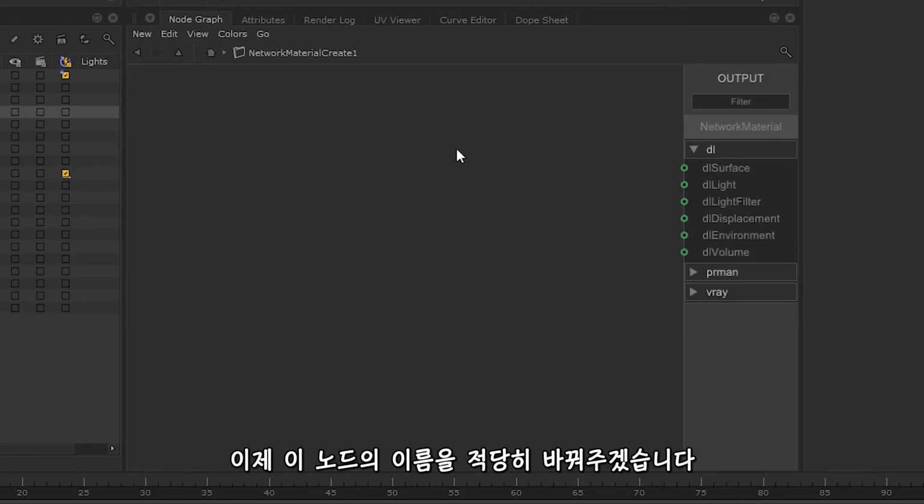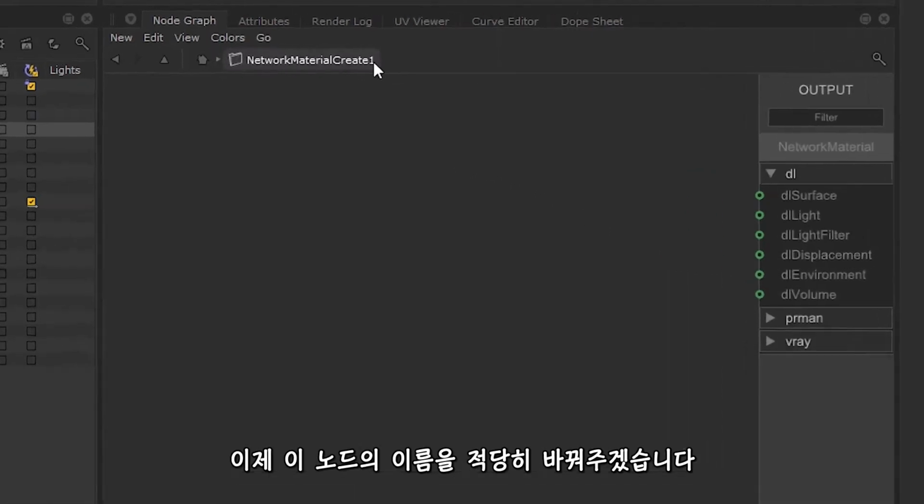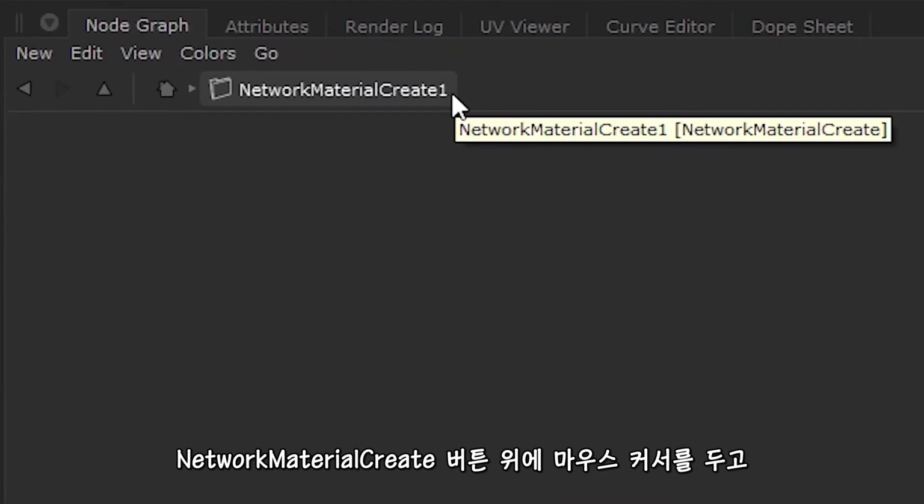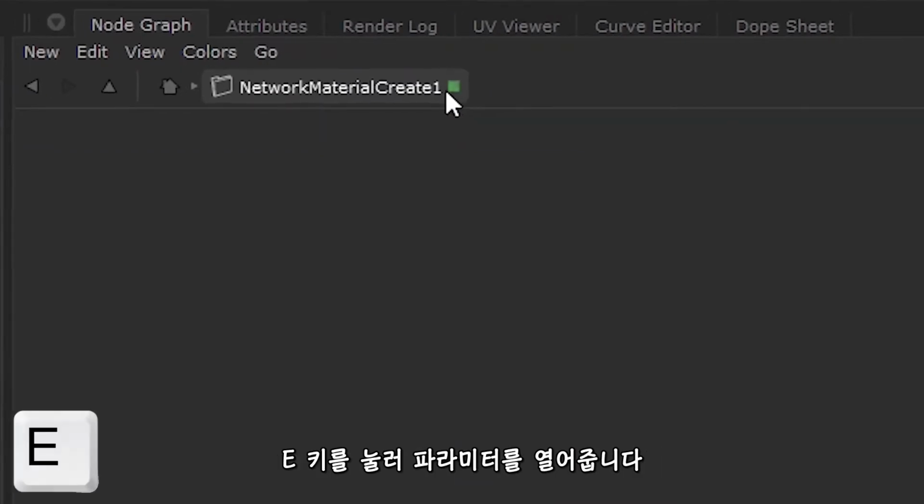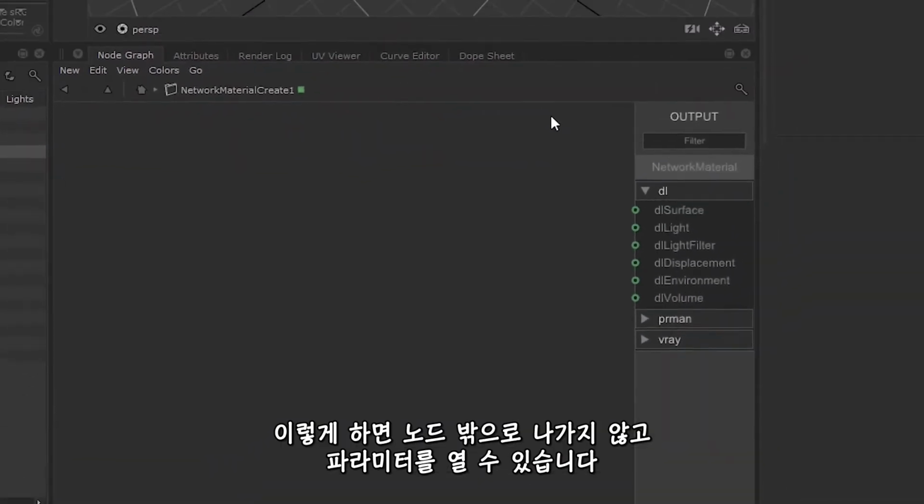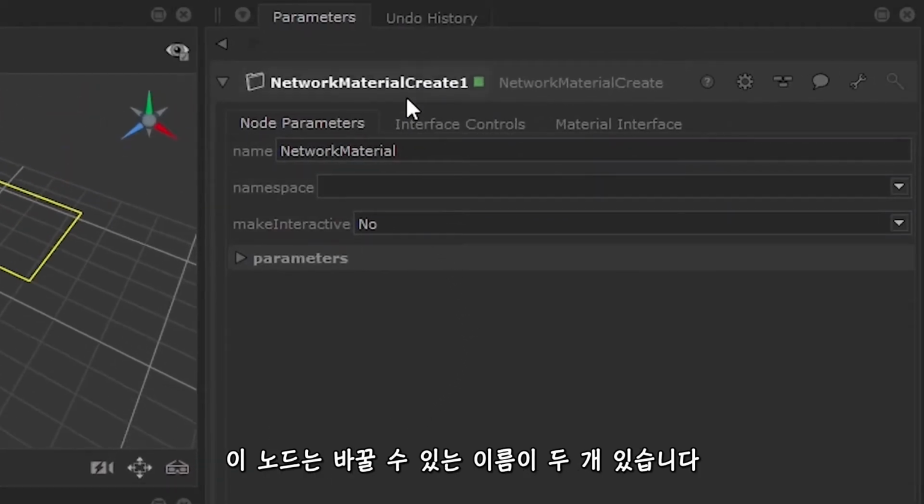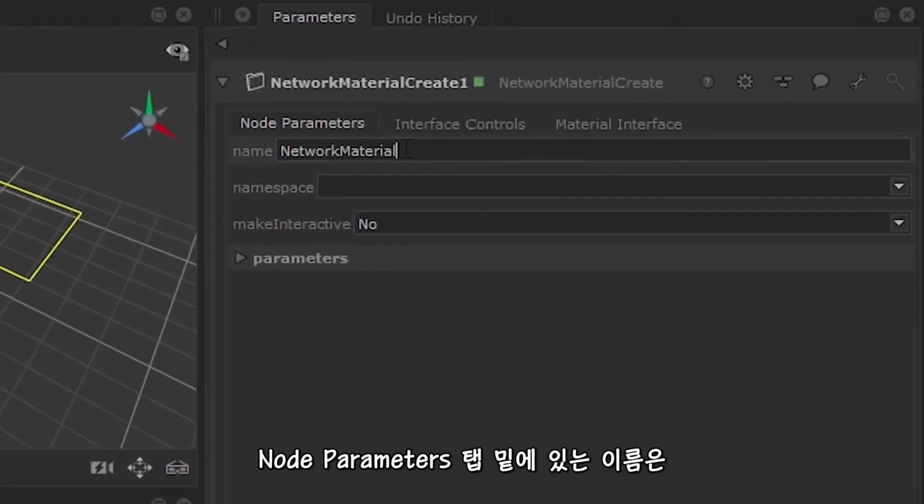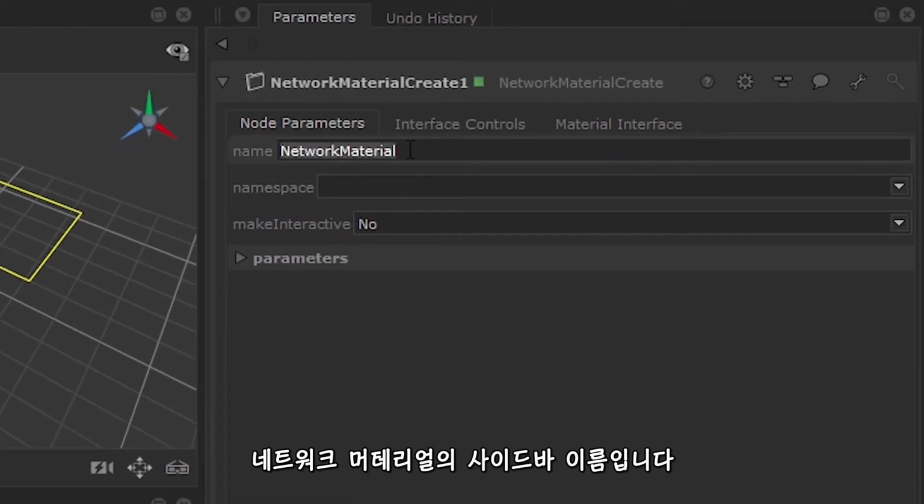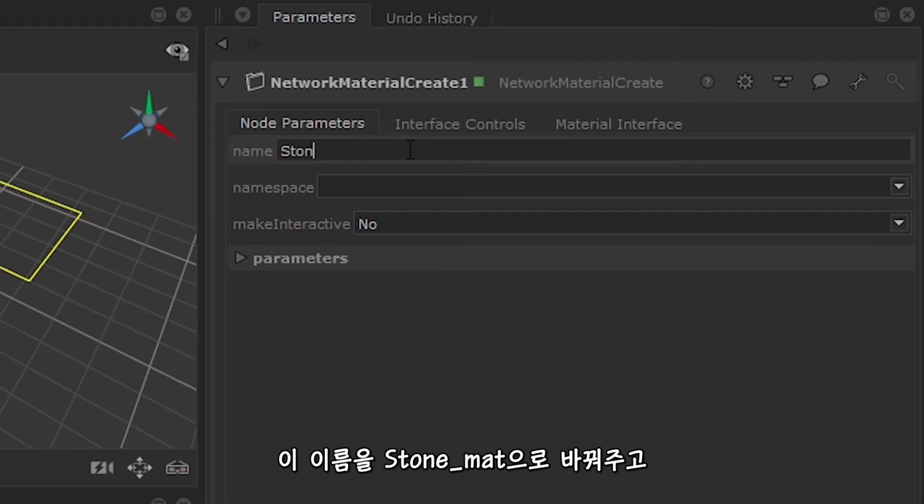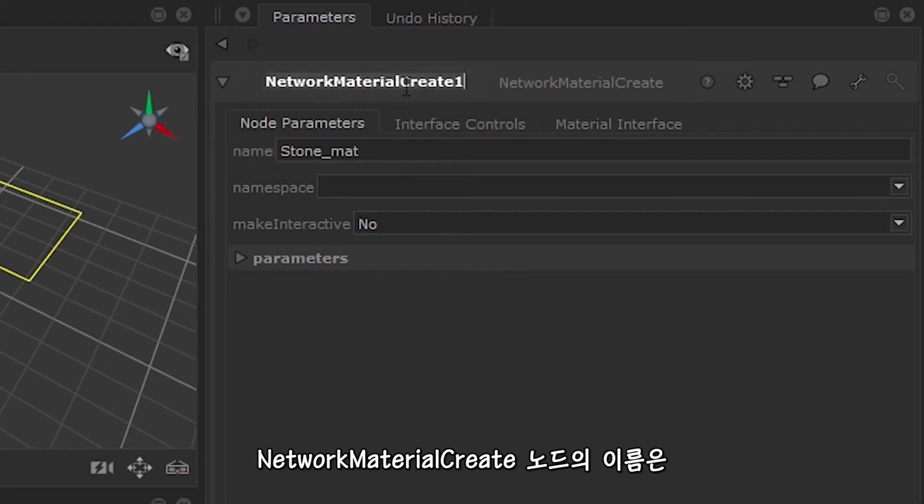Now let's rename this node to something suitable. Hover your mouse over the NetworkMaterialCreate button and hit E to open up the parameters without having to jump outside the node. This node has two names that you can change. The one under the Node Parameters tab is for the Network Materials sidebar, which is what you'll see in your scene graph. So let's rename this to stone_mat, and the NetworkMaterialCreate node itself can be called